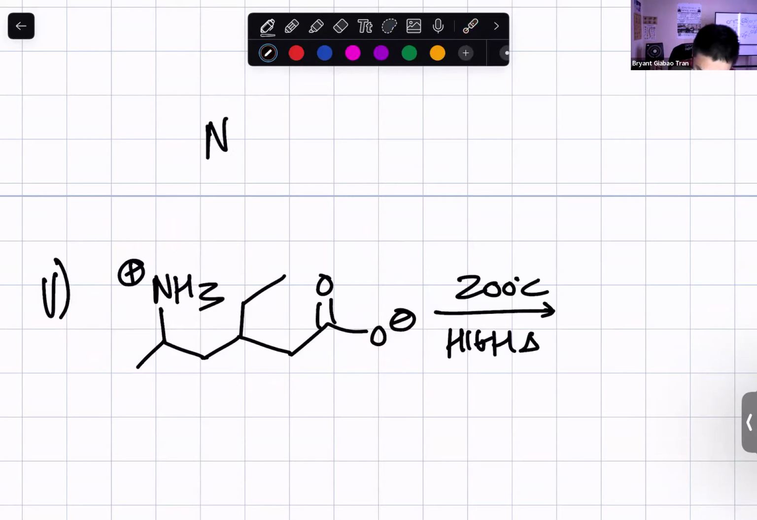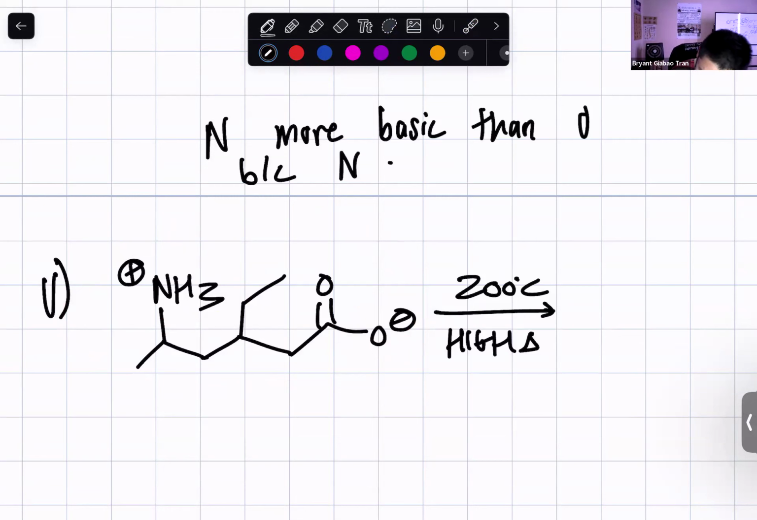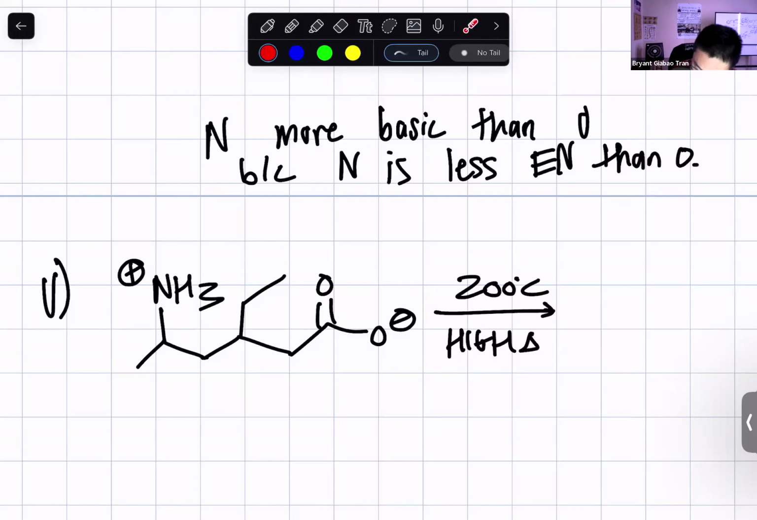Nitrogen is more basic than oxygen because nitrogen is less electronegative than oxygen. Because nitrogen is less electronegative than oxygen, nitrogen wants to donate its electrons more. It's more willing to give up its electrons, right? It doesn't want to hold on to its electrons as much as oxygen does. And because of that, this nitrogen here is going to get protonated, whereas this oxygen here is going to get